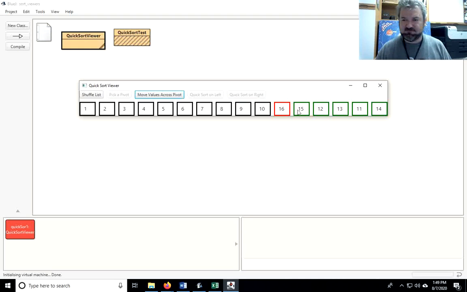I pick a pivot, 16, not a great pivot, but that'll work, and move everything over here. To the left of 16 gives me the 14 as my pivot. Move everything to the left of 14. And keep going. What I want y'all to do, download the application, run it in BlueJ until you get a